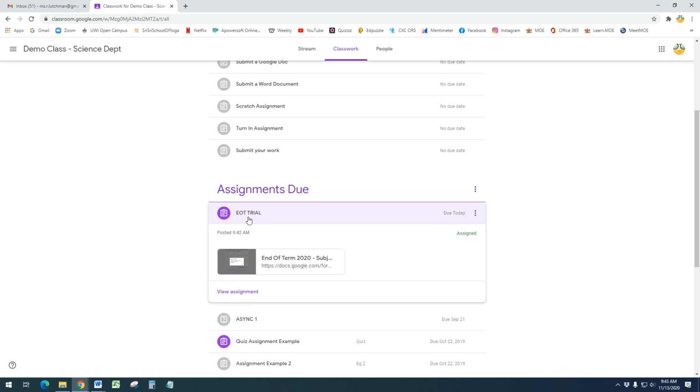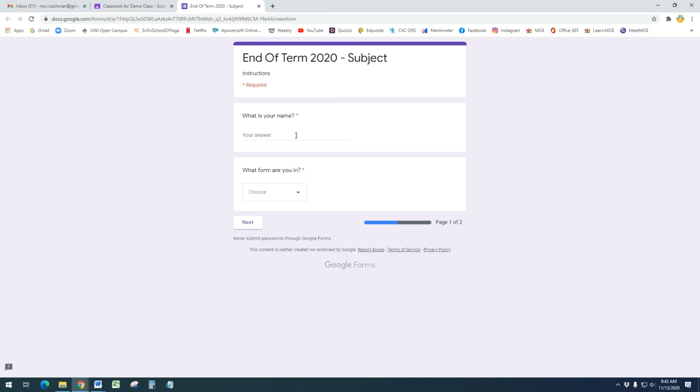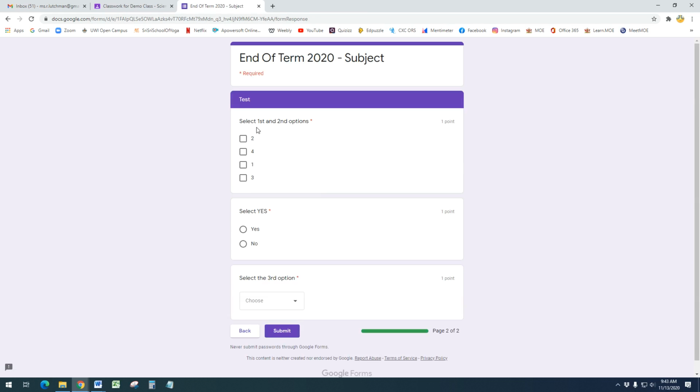Click, and then as a student I can select on the quiz. It says to enter my name, what form I'm in, click next, select first and second option, select the, okay, let me check a wrong one, and